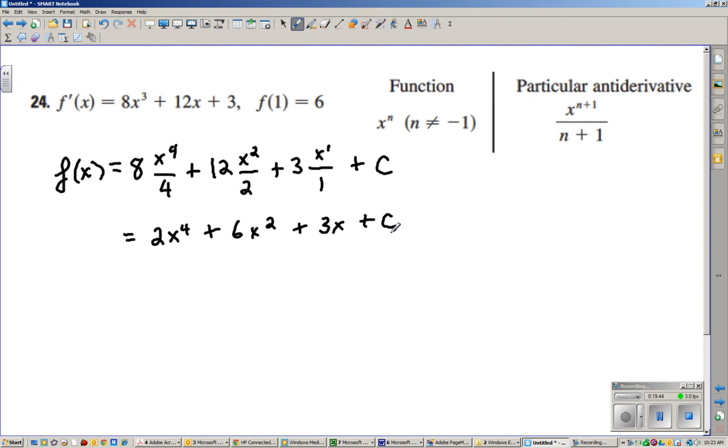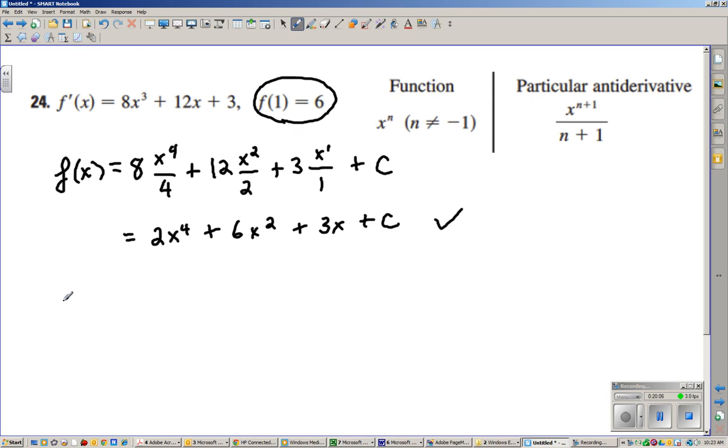And I can check it by simply taking the derivative, and 4 times 2 is 8x cubed. Next term, 12x to the first. Next term, 3, and the last term, take the derivative, 0. I've checked it. Now once again, I've got some information here